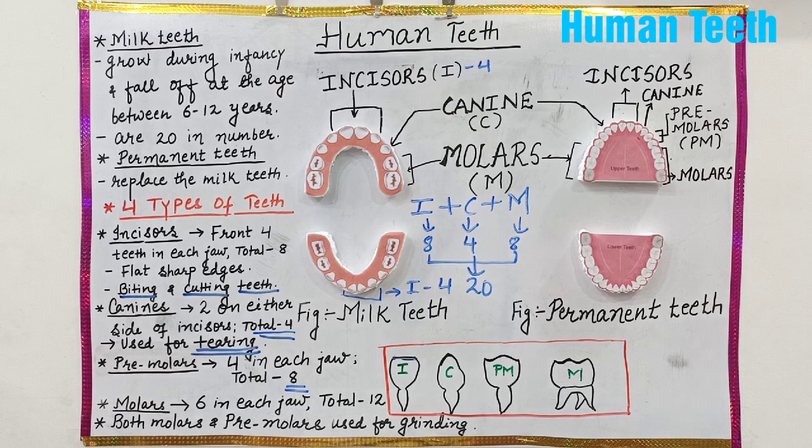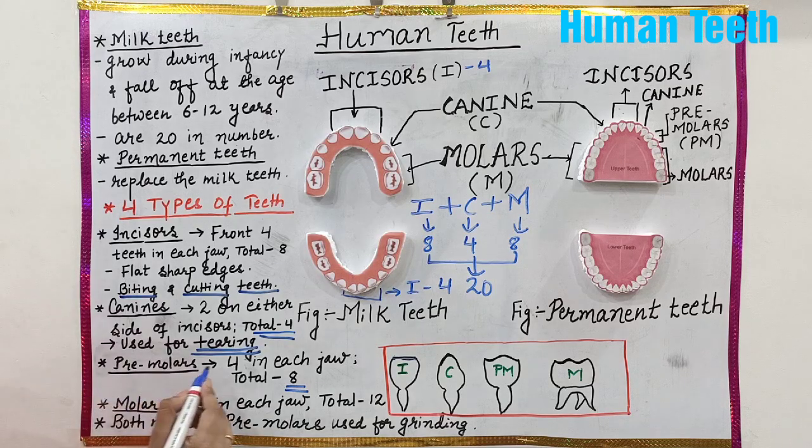So obviously you might have seen the lion and you might have seen the dogs. Of course, I am talking about carnivorous animals. You might have noticed that they are having very prominent canines. So what is the purpose of having those prominent canines? Yes, because they have to tear their prey. So in order to tear their prey, their canines must be developed. So the carnivorous animals have very prominent canines.